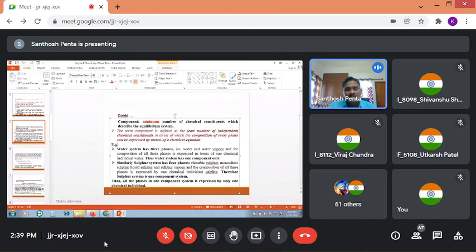The term component is defined as the least number of chemical constituents in terms of which the composition of every phase can be expressed by means of a chemical equation. Simply, this is the straightforward definition, but you remember the definition. Component means minimum number of chemical constituents. Now, say for example,